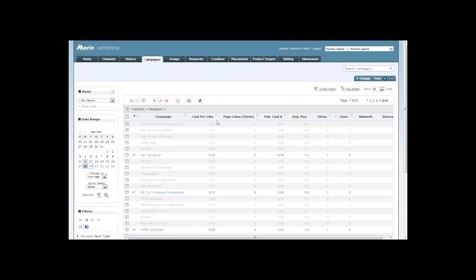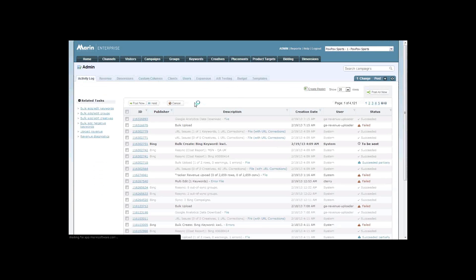So as many of y'all are familiar, custom columns are great for slicing and dicing data and for pulling in metrics that you otherwise cannot see in the grid. Very specific to Facebook is the fact that now with the custom column, you can set up the cost per like. In order to do so, all you have to do is go into the admin, then go into custom columns,